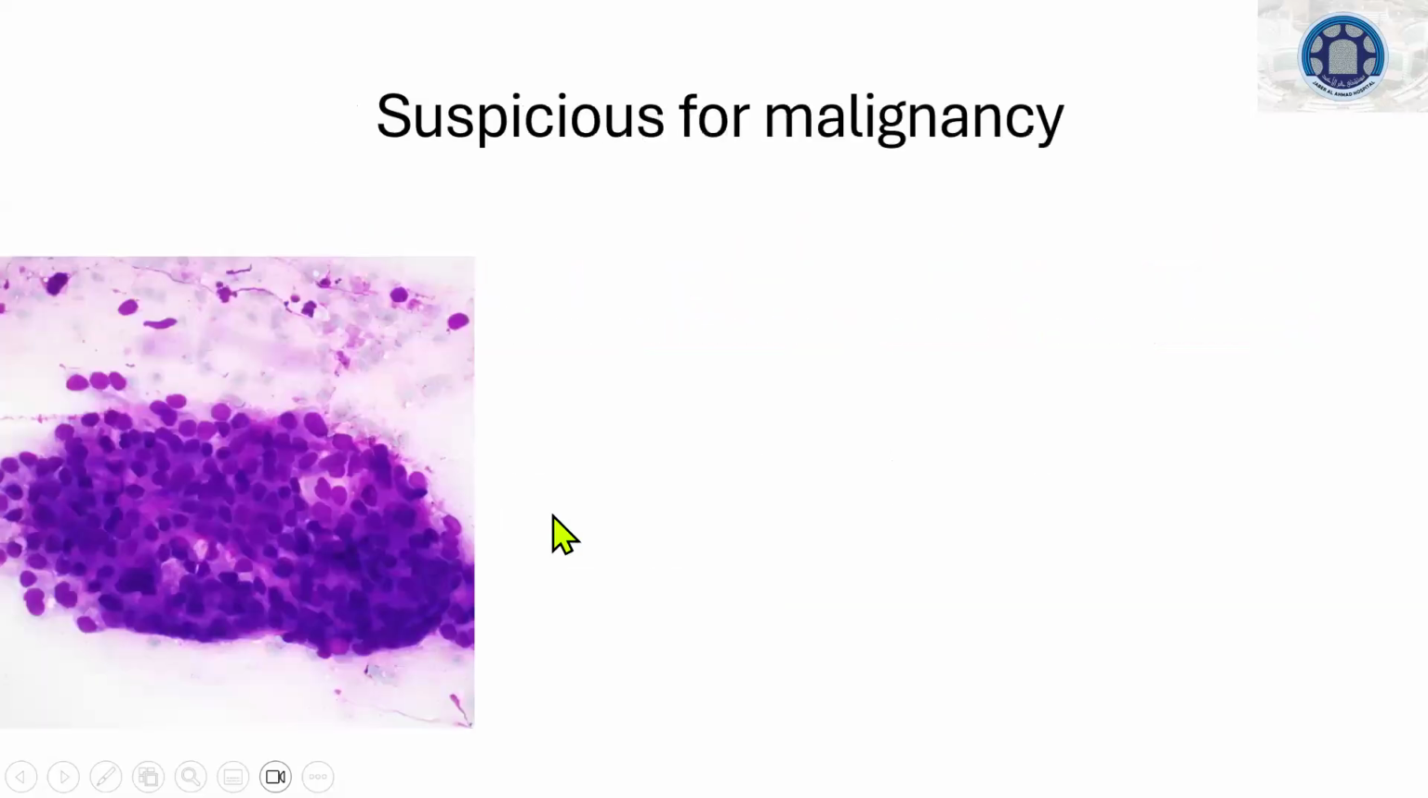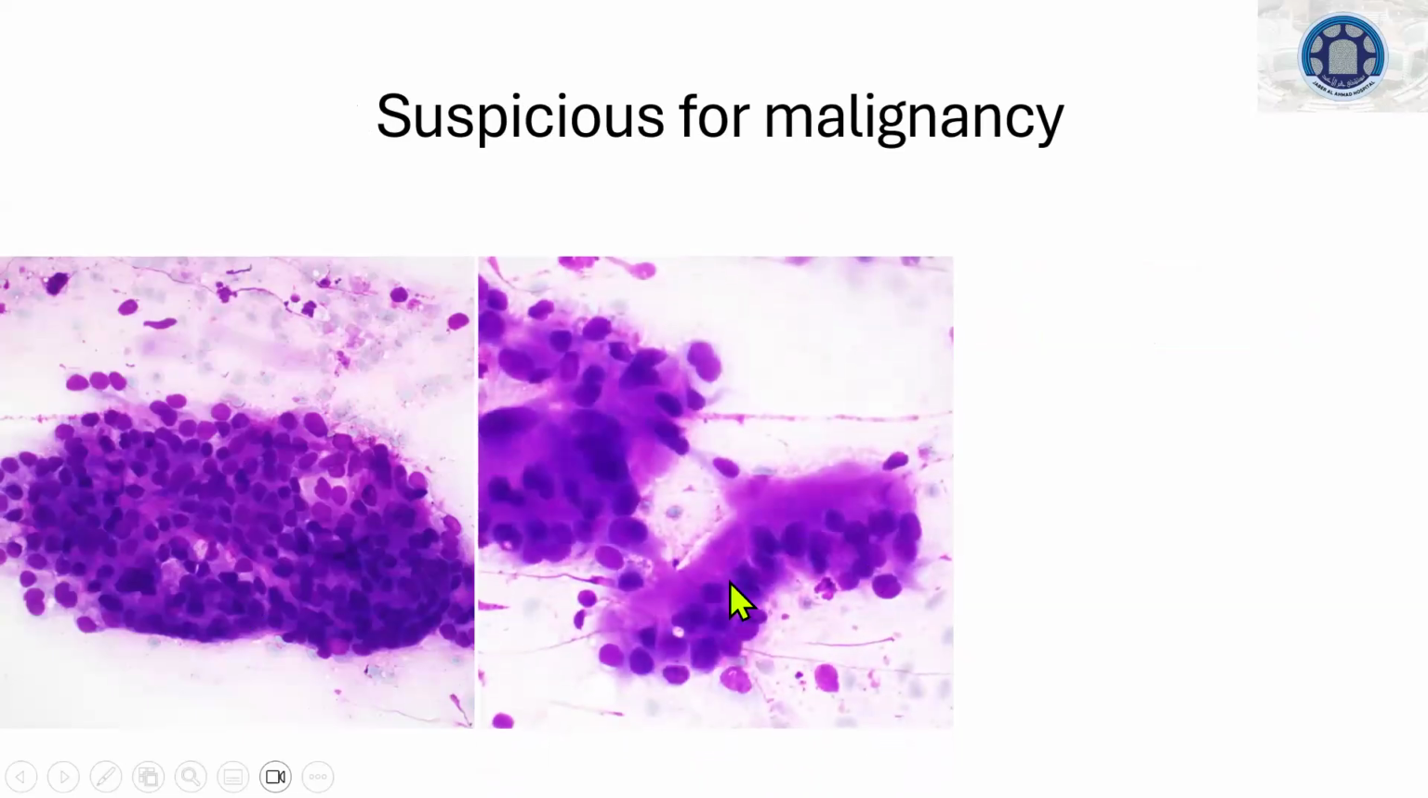That is the management option for this case. So when will you say suspicious for malignancy? You are getting an aspirate, you are having only few cells, but the cells are all like this. There is some degree of atypia, there is loss of polarity. This was actually a case of pancreatic ductal adenocarcinoma, that is PDAC, which was later proven, but the cellularity was